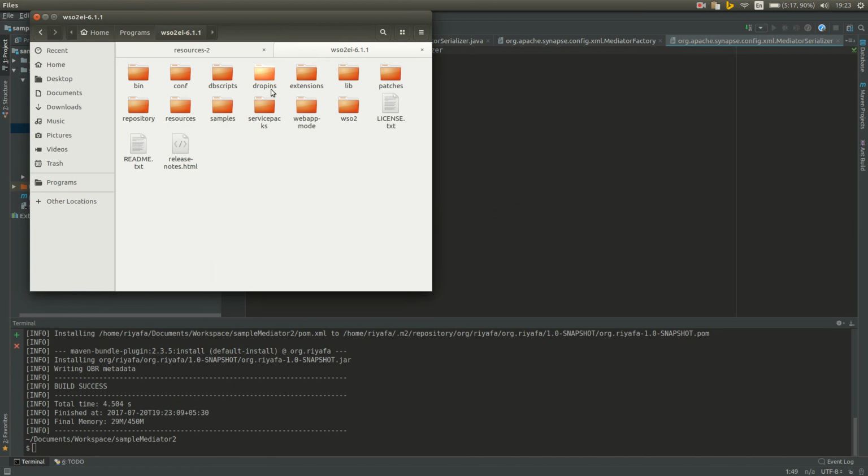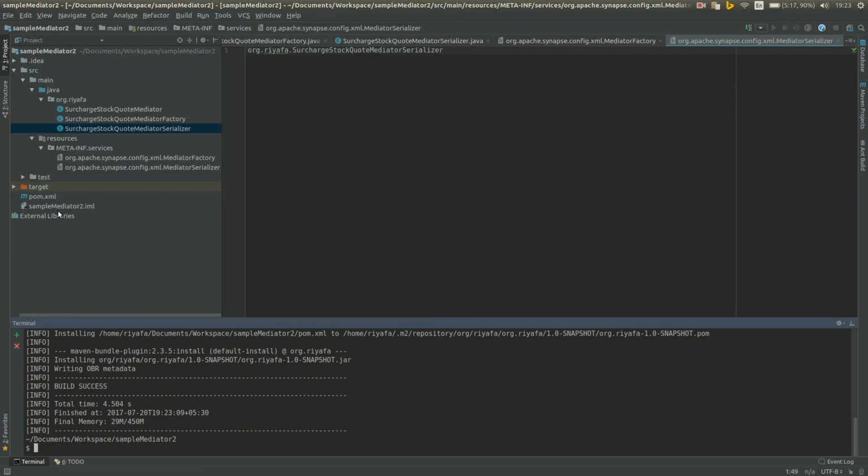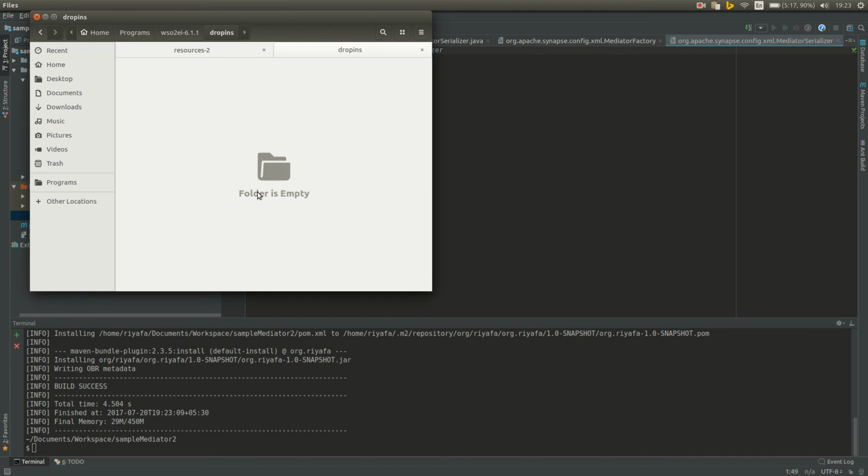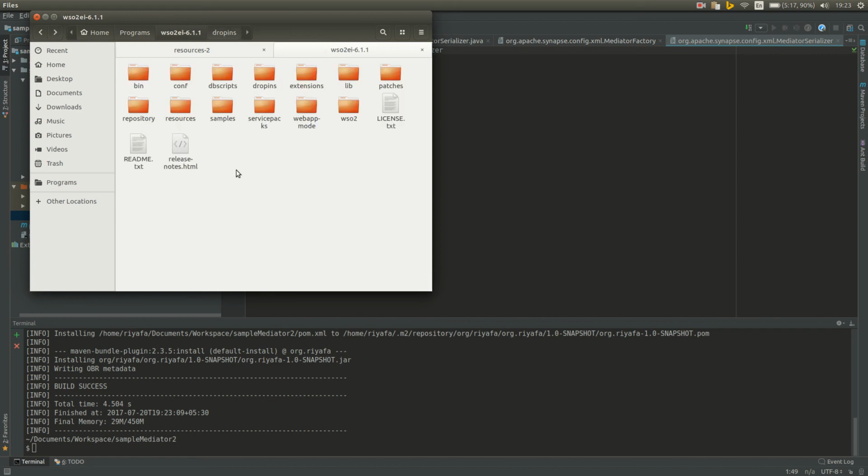Once it is extracted, I will go to the drop-ins folder and I will copy this jar file and paste it here, drop it here. Okay, now we have this in drop-ins. Now we are done. So I will pause the video and deploy the